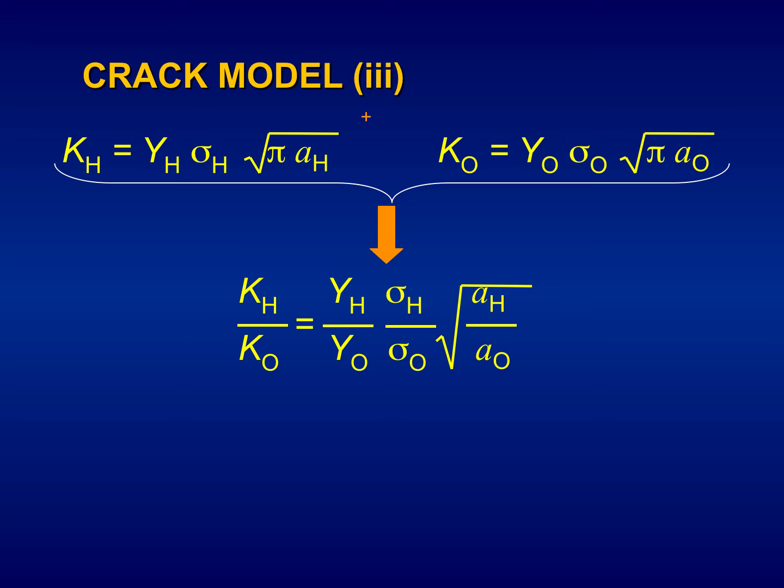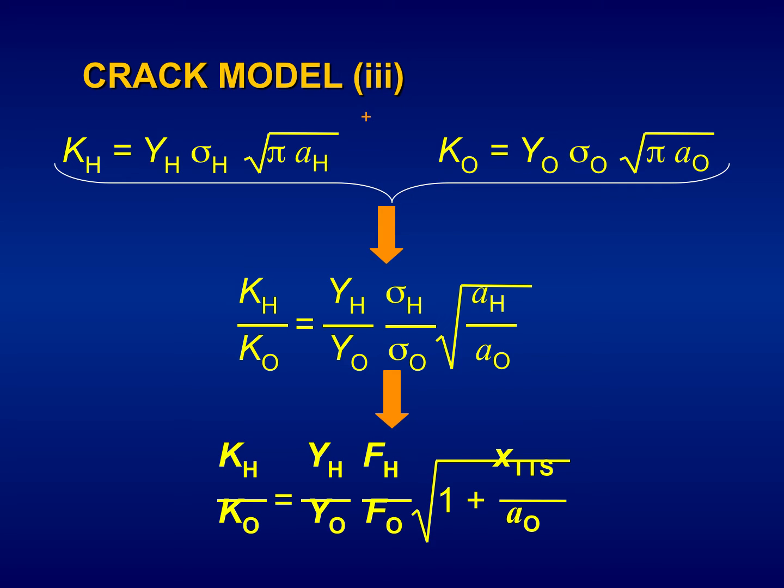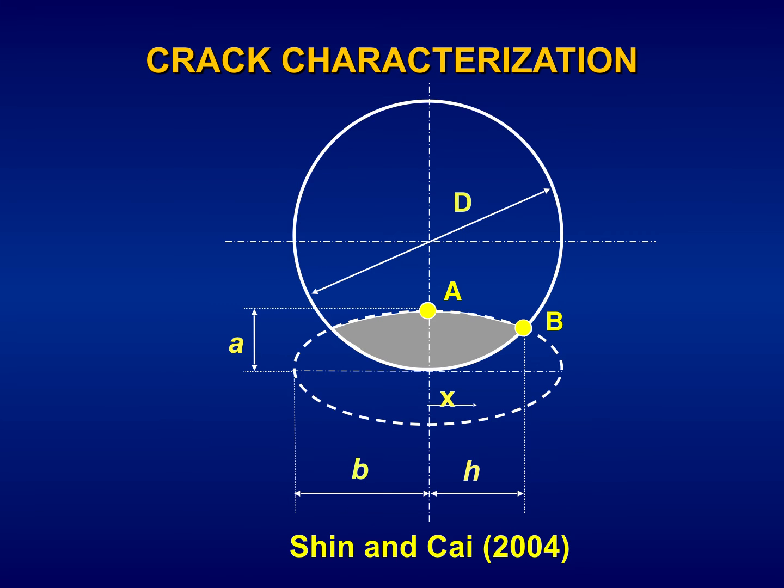The total fatigue pre-crack plus the TTS extension, divided by the original fatigue pre-crack without the TTS extension. We obtain this equation representing the ratio of the two values of the stress intensity factor. The crack characterization is as follows: a semi-elliptical crack, central part, the crack center A and the crack surface B,